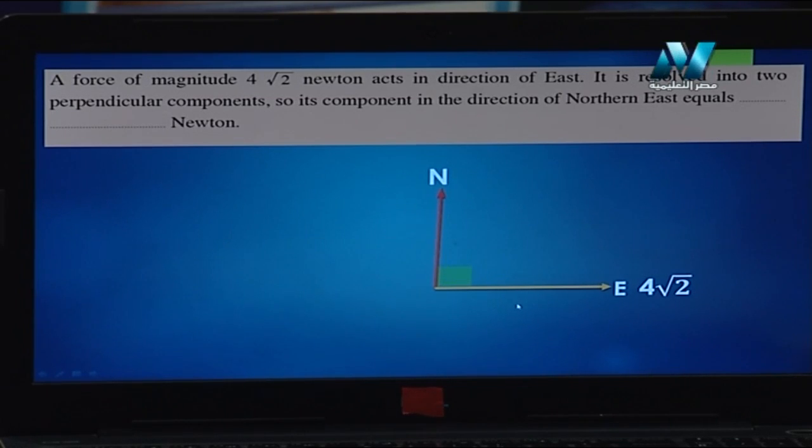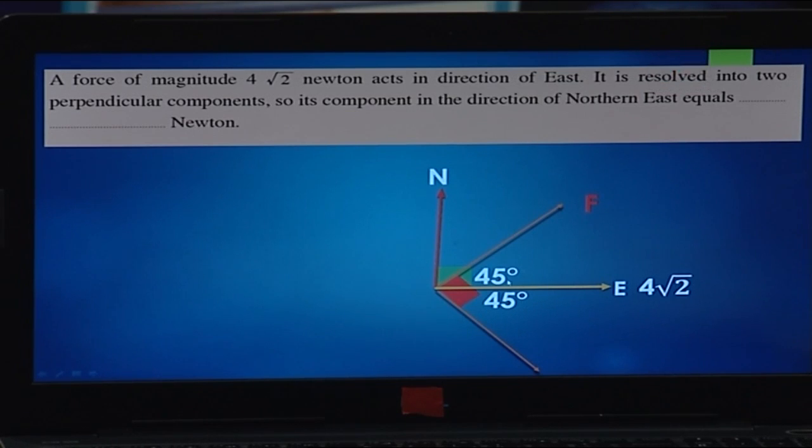They are perpendicular, and we have F here, which is north and east, and we have another direction which is perpendicular to F, another component. The angle here will be 45 degrees, and of course the angle here will be 45,